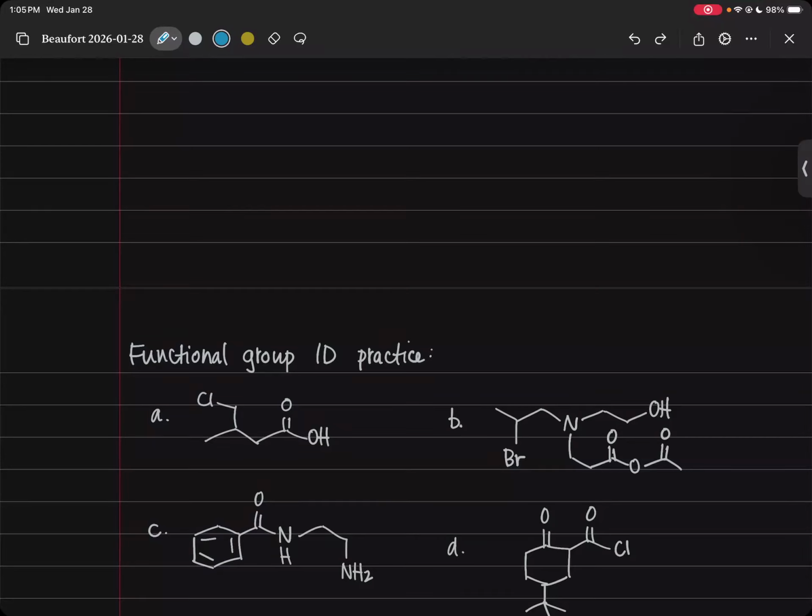And that would be correct if two things were the case. One, we didn't have the chlorine, or we didn't have the other side of the molecule. But in this particular case, there's essentially an R group on both sides of this area of carbons. And so really the only functional groups we can label here are